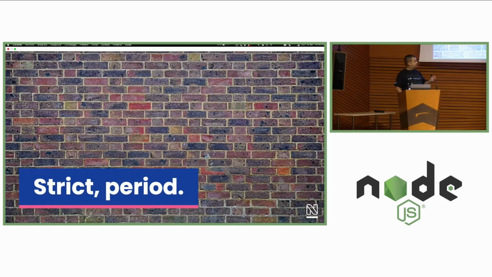Final remark: Milo is strict, period. There are no leniency flags, and I only support HTTP 1.1 per the very last standard, which is 9110 and 9112. I don't support the 7230 and I don't support the 2616 standards, only the very latest one. So we get the latest standard and we don't have to worry about compatibility. Realistically speaking, I know that in the future users will probably ask to add leniency flags, but for now, by design, I don't have them. And let's see where it leads us.